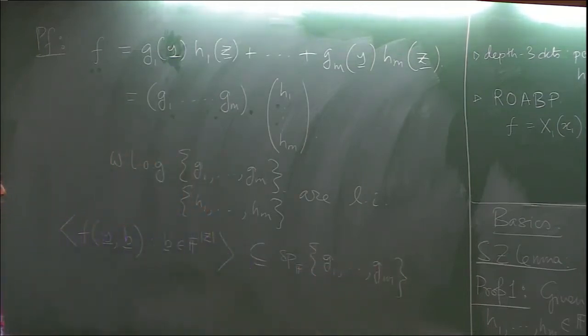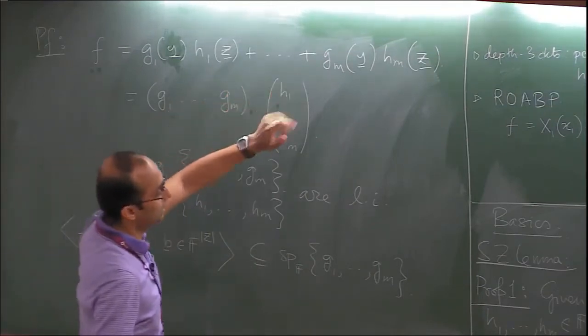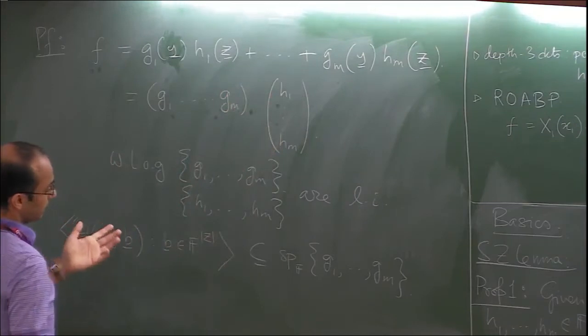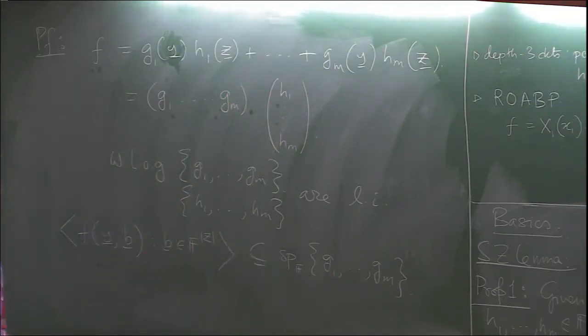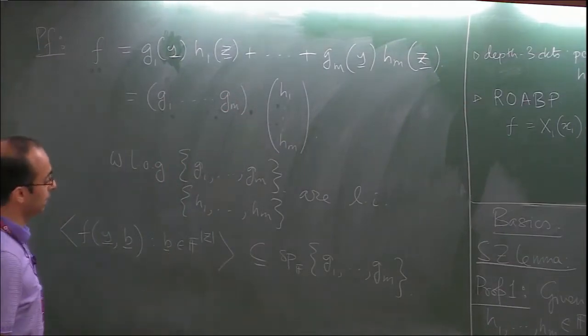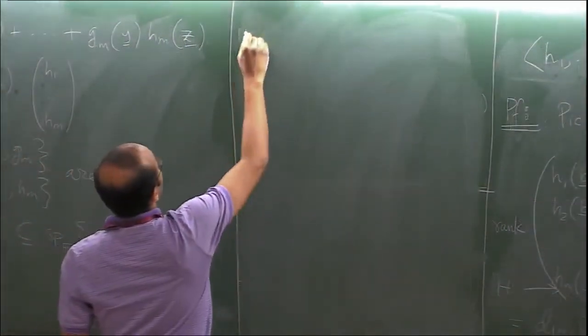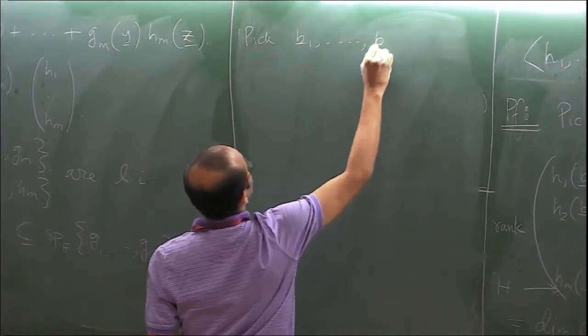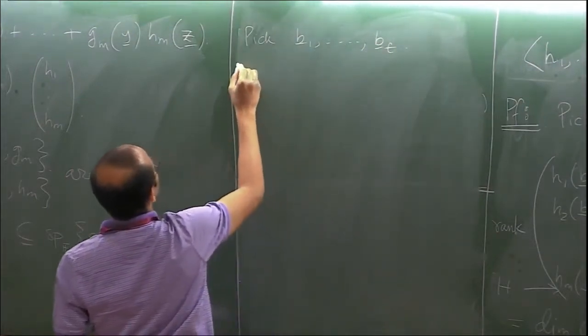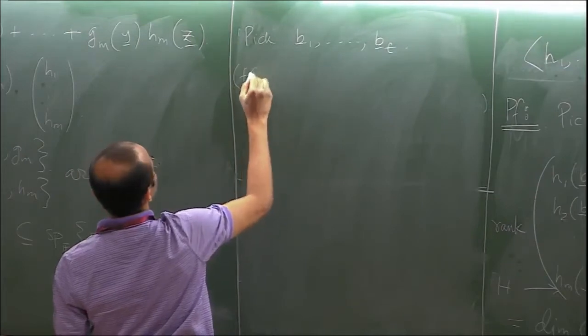That's pretty clear. So the evaluation dimension can only be less than or equal to m. But because the h's are independent, we can also show the other direction, that the span of g's is contained in the span of this, and hence the two things are equal. Let's see the other direction quickly. So if you pick t points and look at this row vector,